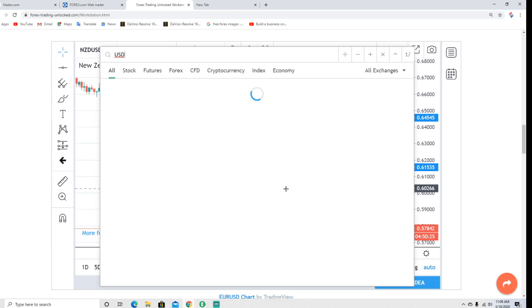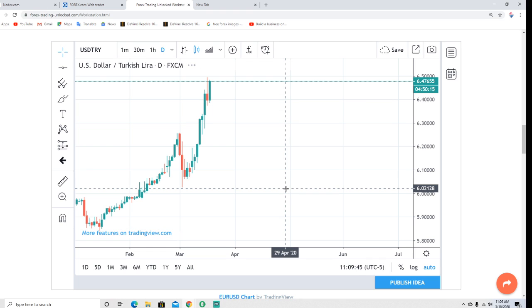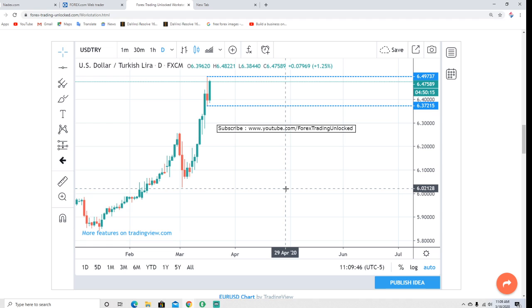So now let's look at the US dollar, Turkish lira. Why are we looking at the US dollar, Turkish lira? Well, this is kind of in the middle of a hot zone, it's near India. The Middle East has a breakout of the coronavirus. We don't really know how bad it is.